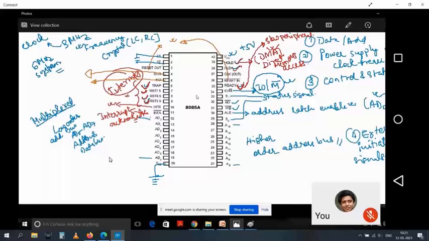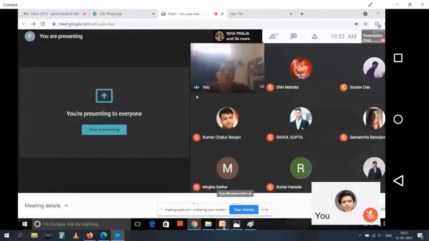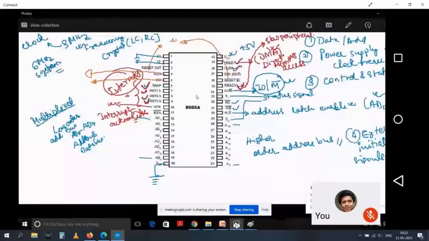We saw that some reset pins are there. If you want to start over, then this reset is there. We saw that there are two ports, SOD, serial data out, and SID. You should be able to say what each pin is doing, because ultimately you have only 40 pins, and you have to do all operations with those 40 pins. You will get nothing extra from those pins.